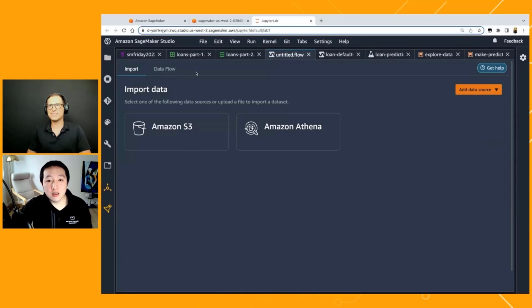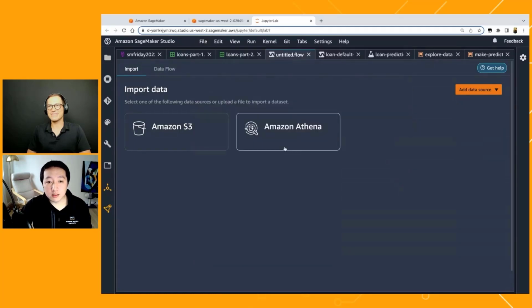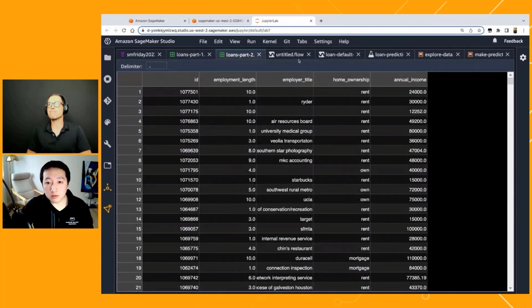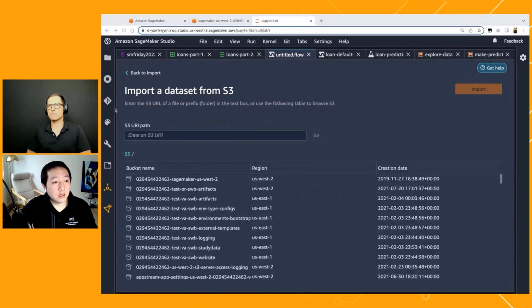Sure. So as I just did, I pulled up a Data Wrangler flow file, and this is the first thing that you will look at. As I said, we need to find out where the data set is. I already uploaded these two tables into S3, so we can load the data from the S3 location. And let me pull up the locations so that I can quickly locate the files.